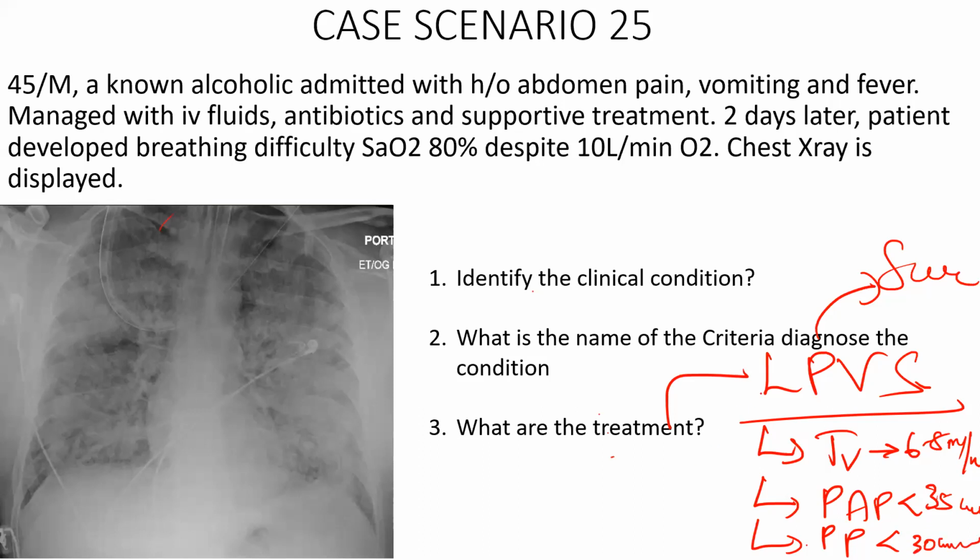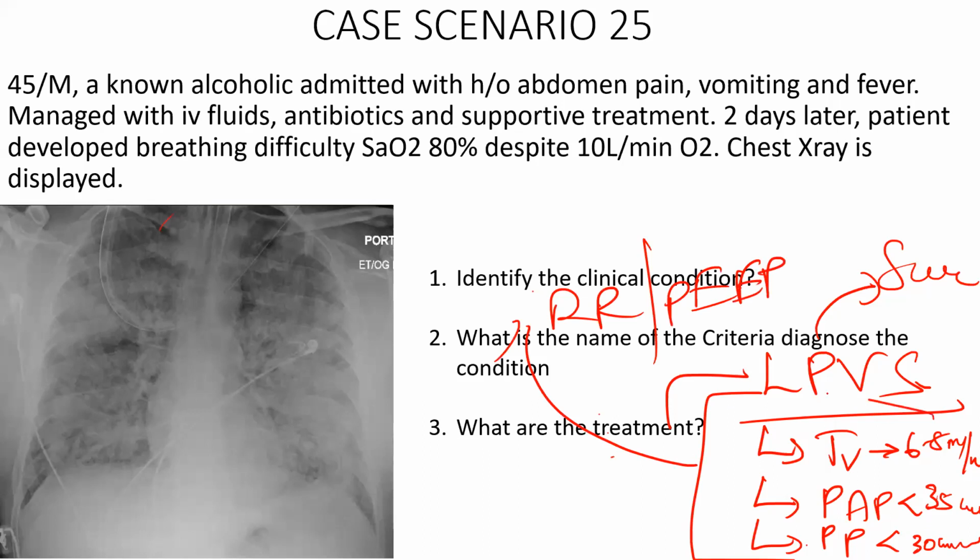So these are the things we aim for in a lung protective ventilation strategy, where you can manipulate the respiratory rate and the PEEP. By adjusting the PEEP and the respiratory rate, you can manipulate these findings in such a way that the pH is maintained between 7.35 and 7.45. So this is the pH you have to target for.